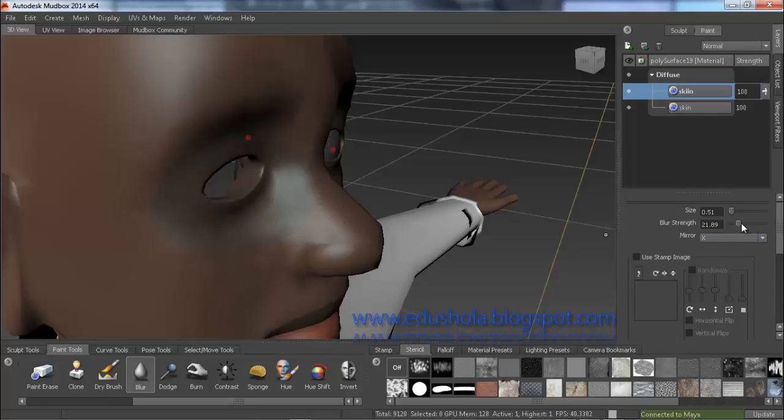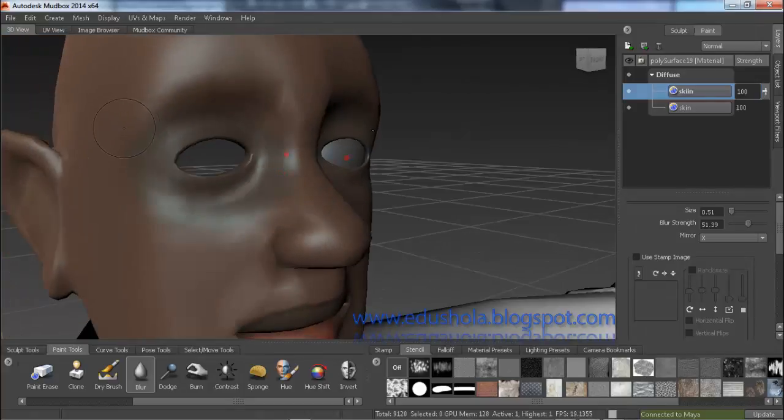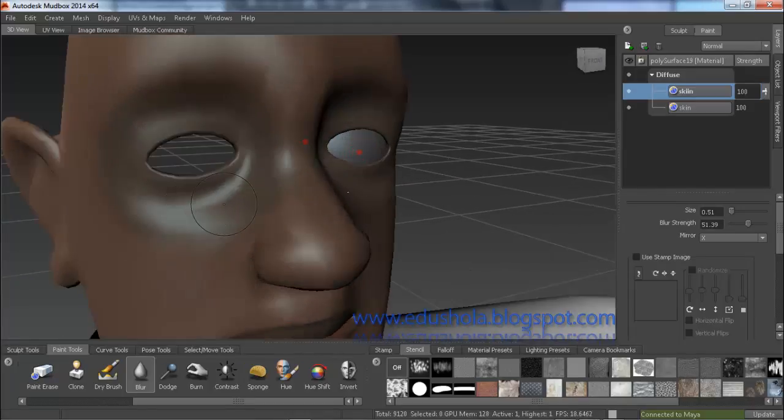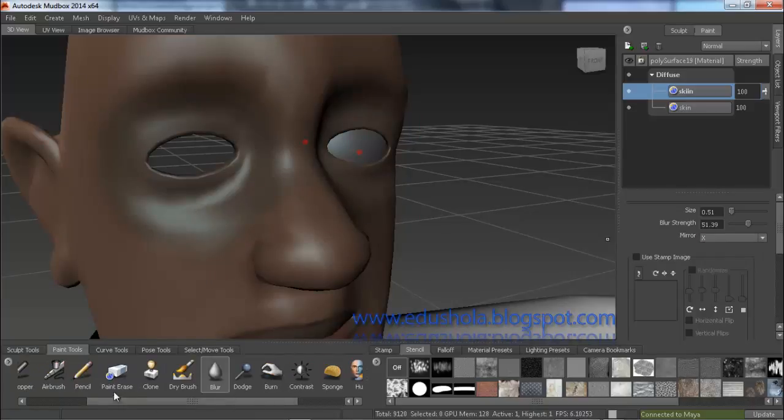So I'm trying to increase my blur radius so it works on the strength of the blur rather. Okay, so now it looks too okay. What I'll do is I'll use my erase tool, my paint erase. I'll just increase it a little bit more. Then I'll bring down the strength